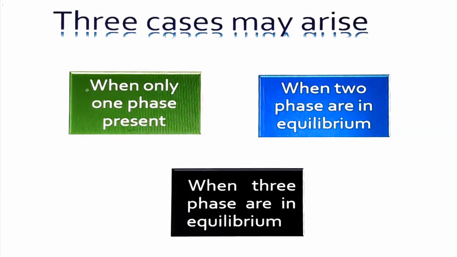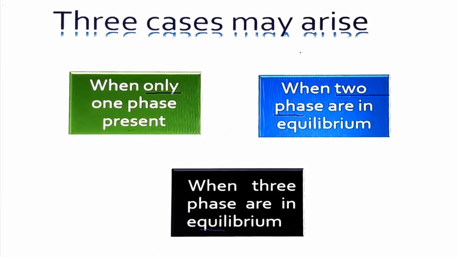3 conditions: when only one phase is present, what could be the degree of freedom? If 2 phases are in equilibrium, then what could be the degree of freedom? When 3 phases are in equilibrium, then what is the degree of freedom? So in case of 3 phases, degree of freedom will be 0 because temperature and pressure we cannot change. When we have 2 phases in equilibrium, one variable we can change, so degree of freedom could be 1, and here degree of freedom could be 2. That we will see in water system.